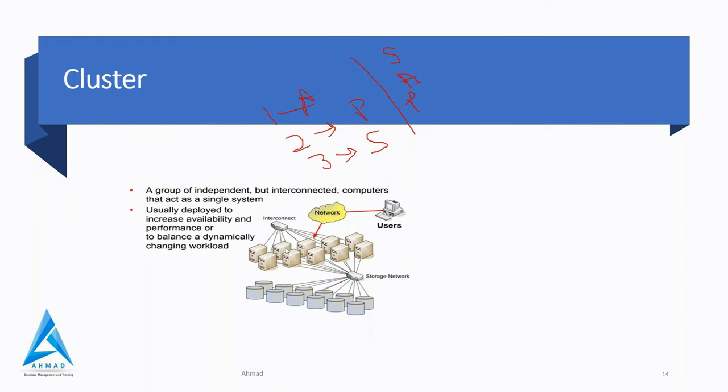And now the second case is performance. So in performance, basically, suppose you have a single instance, so 1000 users will access that single instance. But suppose you have three instances, so you can divide your users according to the work, like HR department, finance department, and marketing department, like that. So you are distributing the load of query or work, whether it is DDL or DML. So that's why you can get the performance.